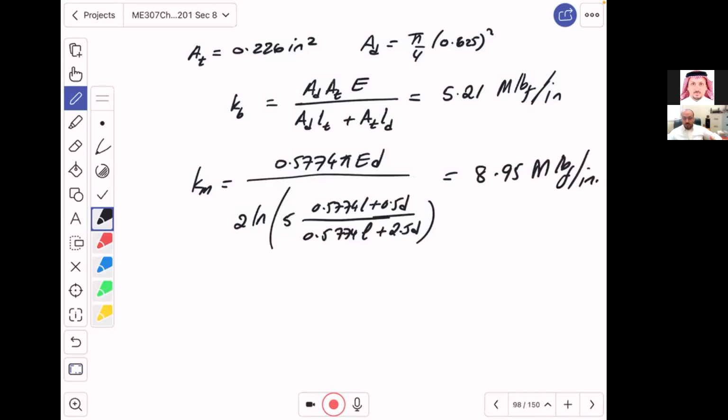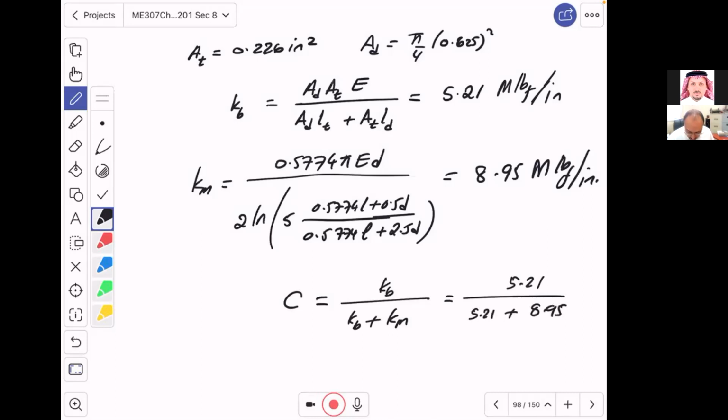Of course, all of this is something we covered before we talk about the bolt strength. So in a question, you are either given these values, or if the question wants to examine you in everything, you will have to calculate them like now. Now, the most important parameter to do the static analysis is C, which is Kb divided by Kb plus Km. And this is going to be equal to 5.21 divided by 5.21 plus 8.95, and this is going to be equal to